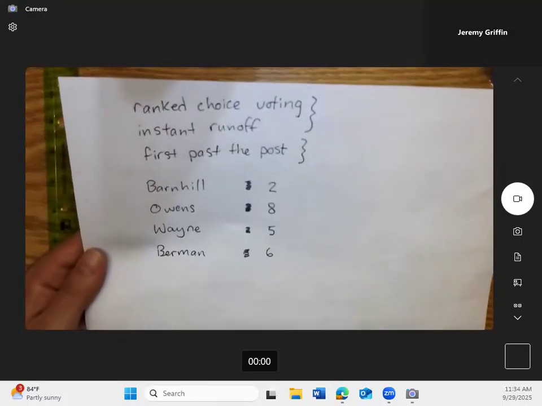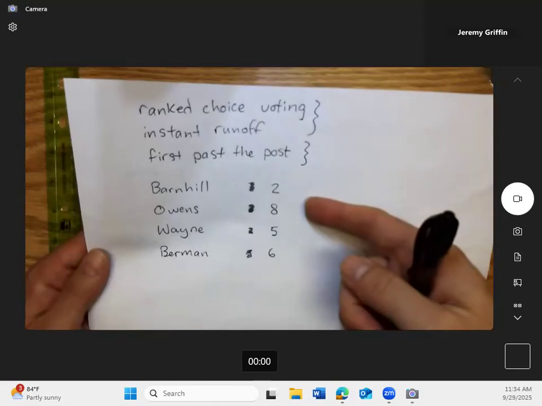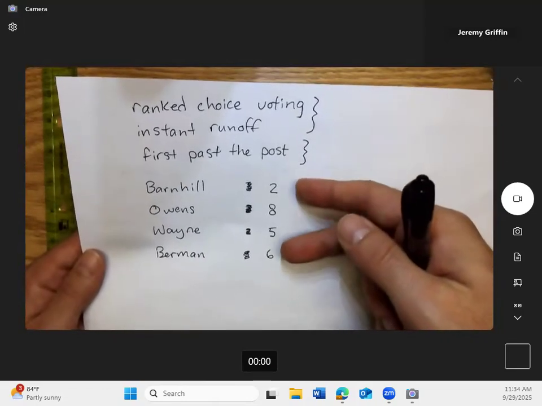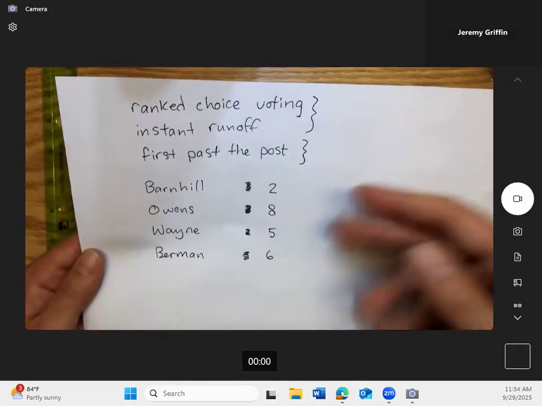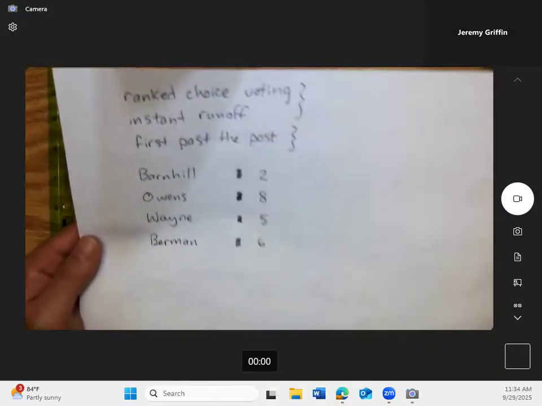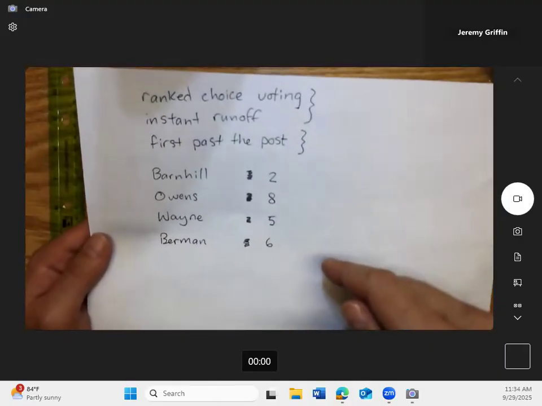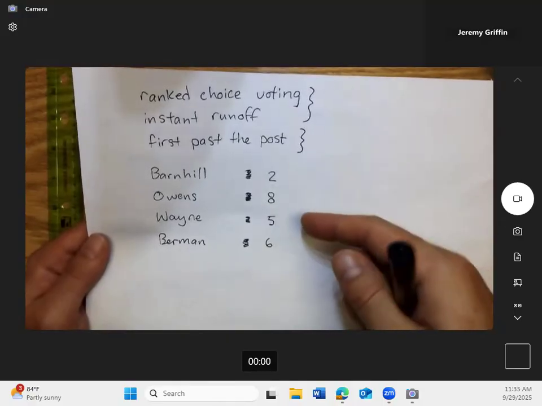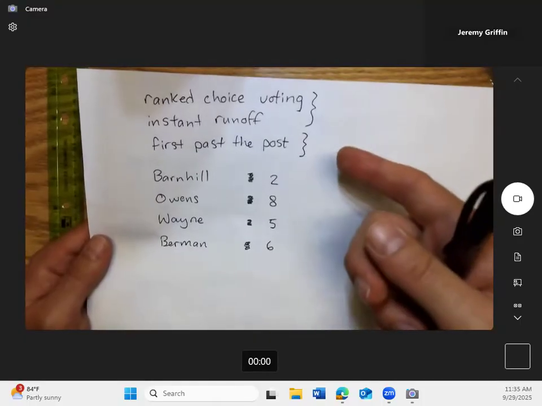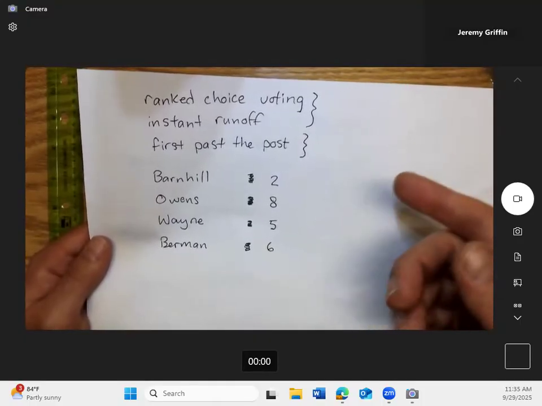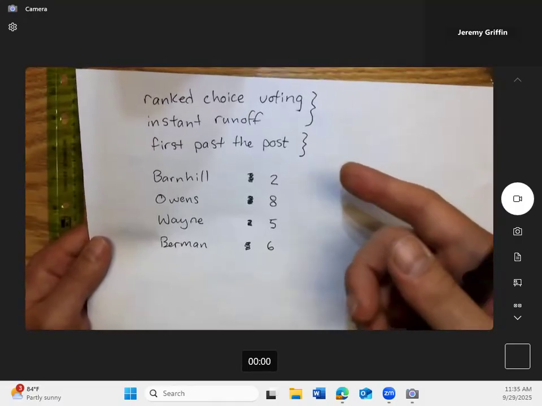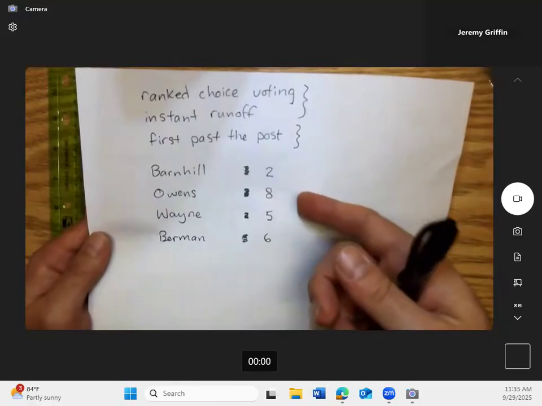But you guys can probably see a downside to that type of system, which is, what if everybody who didn't vote Owens first collectively likes somebody else better than Owens? What if we congregate behind Miss Berman, for example? I don't know yet, but we can find out. See, there's no true majority. In first past the post, you don't actually need a majority to win. Guys, what if you don't have the majority, but you have the most votes? What's that called? Starts with a P. Plurality. So Mr. Owens here has a plurality, but nobody has the majority.